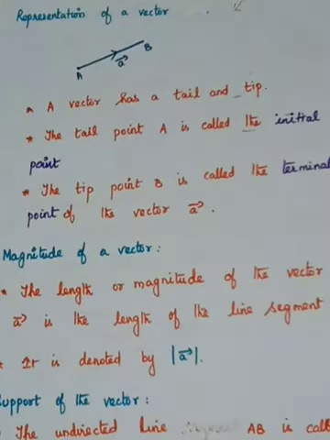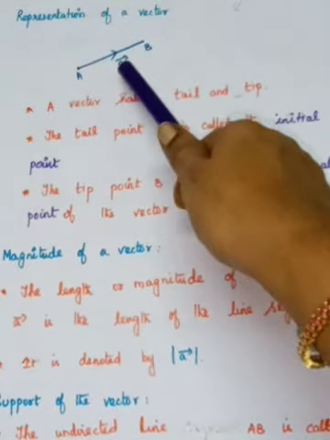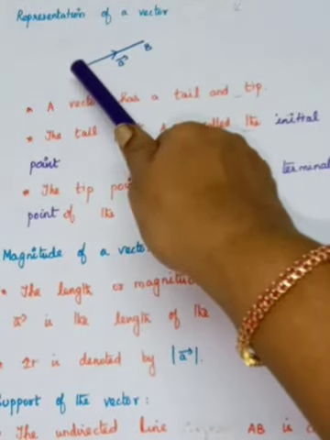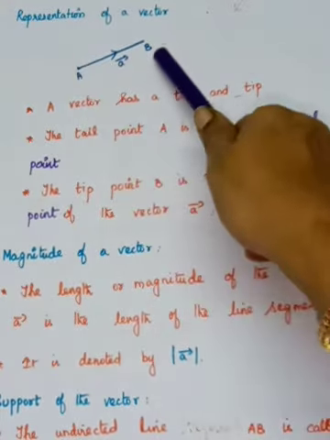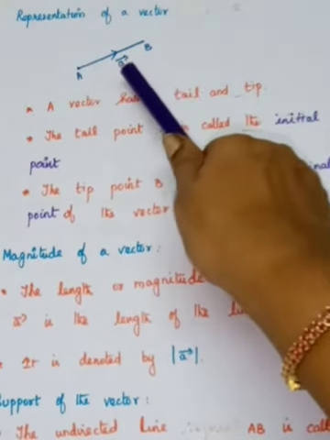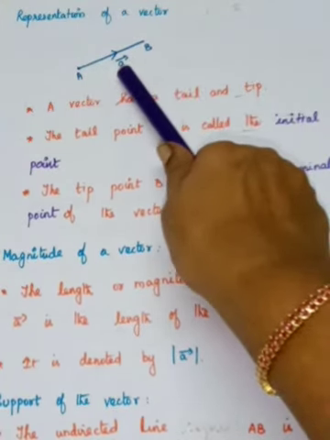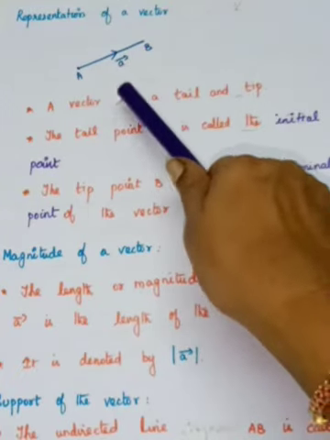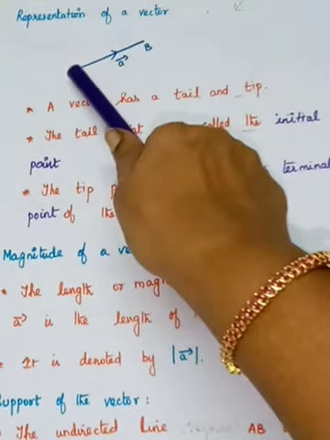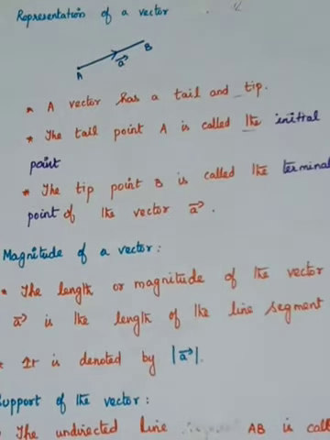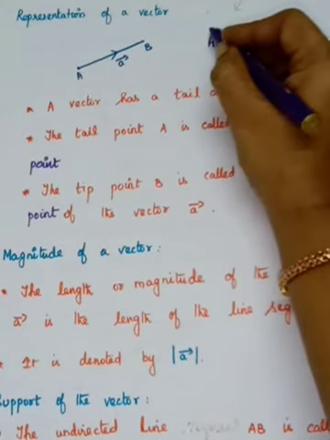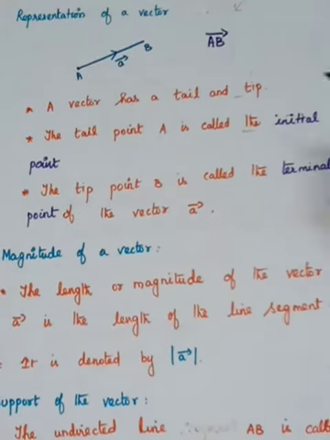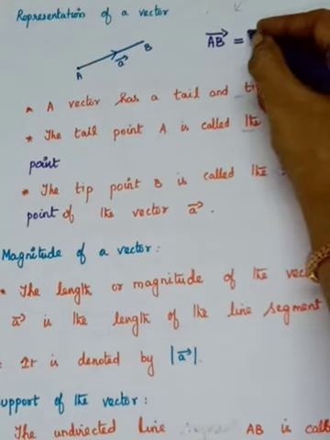Okay, you see the next one, representation of a vector. Here I have drawn the vector a. See that I have drawn the line segment which is directed from A to B. I named this as a vector. You see that I have used small a, and above that I put an arrow mark. So that vector a is represented by the directed line segment AB. So here we can mention vector AB, and above that you have to draw the arrow mark, which is equal to vector a.